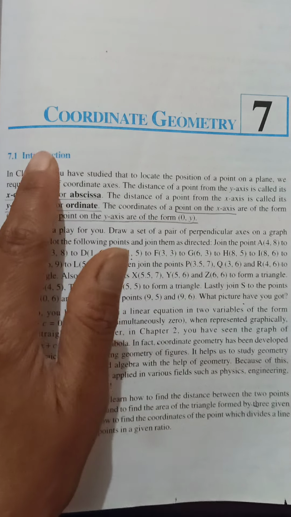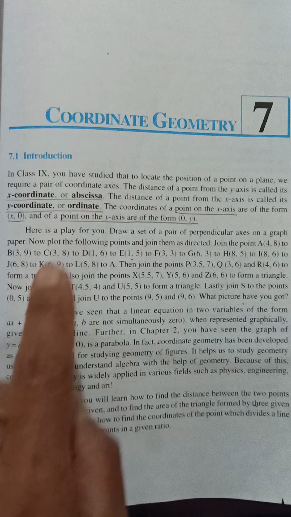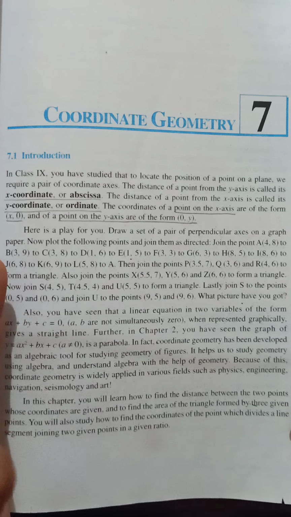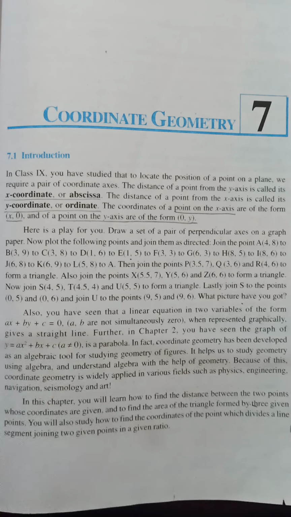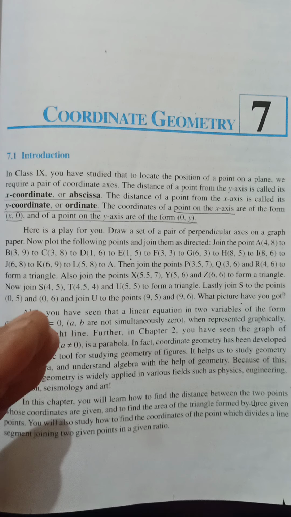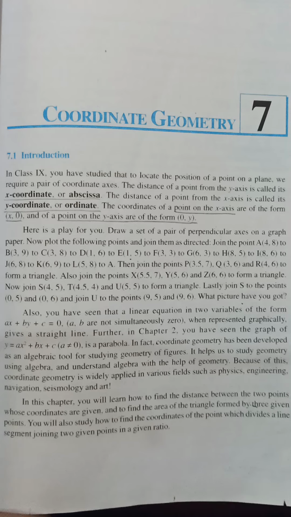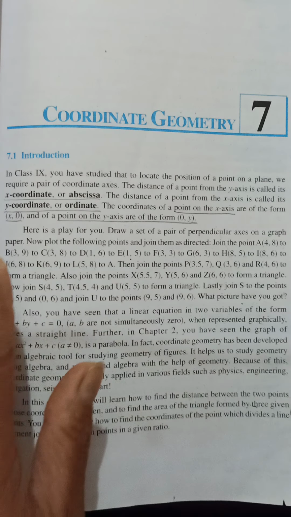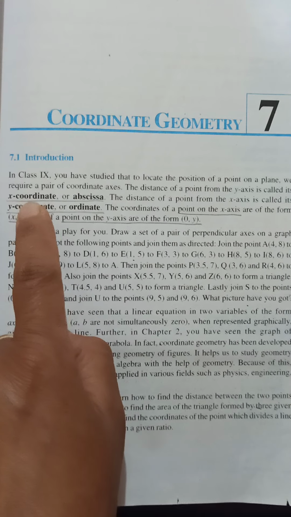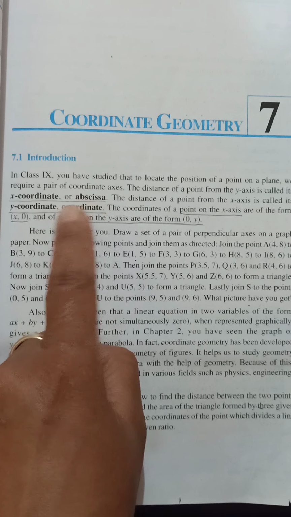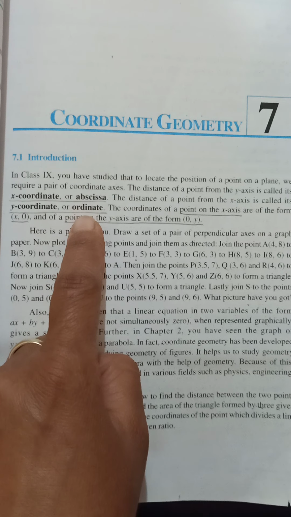Okay, class 10, now we will take up coordinate geometry. So in class 9, you've already studied coordinate geometry, the basics of it. What is coordinate geometry all about? How do we define those axes, and then how do we pinpoint any point? It's x coordinate and y coordinate. And remember here that x coordinate was also called abscissa and y coordinate was known as ordinate, right?